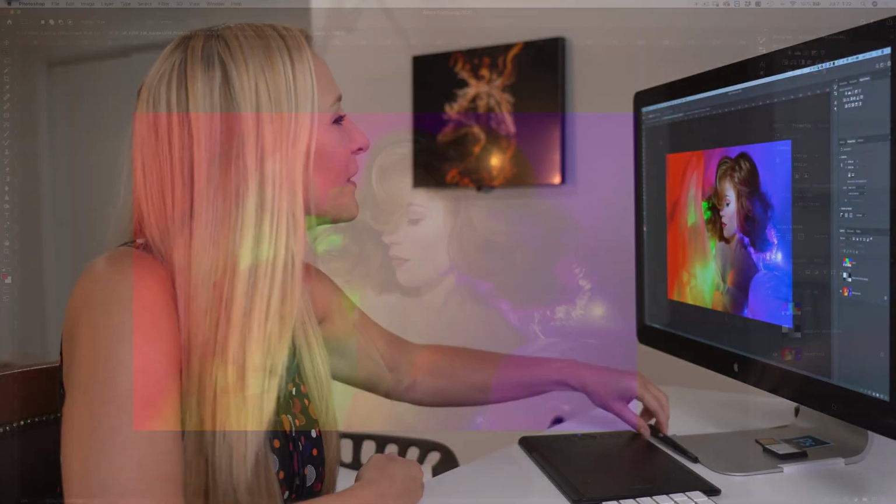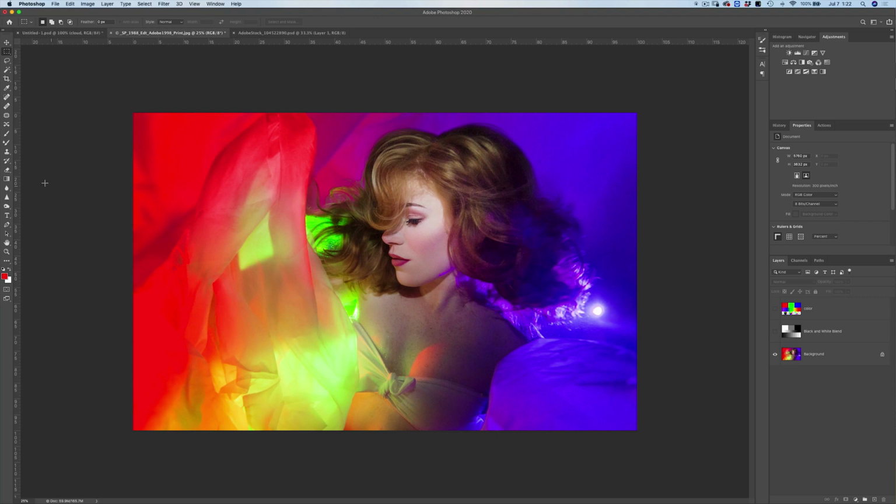In the same way that we have pixel-based layers, we also have layers that deal with text and layers that deal with shapes. So whatever you want to do, you can do it within Photoshop using layers specifically. So let me show you what I'm talking about here. Let's go ahead and add a little bit of text to our image.